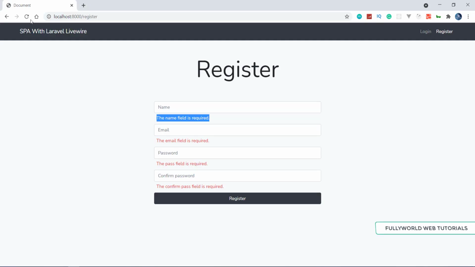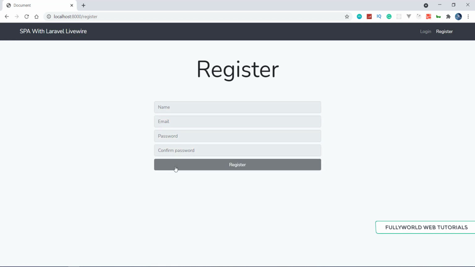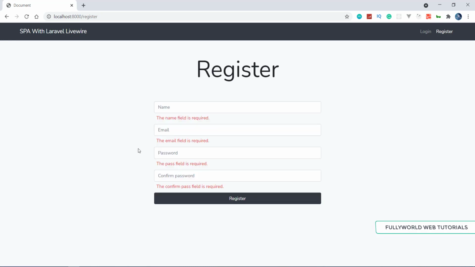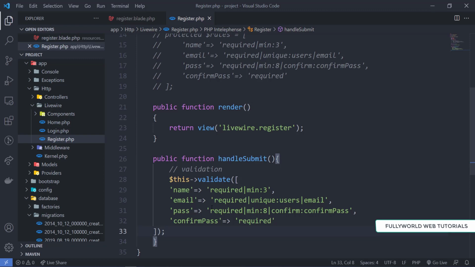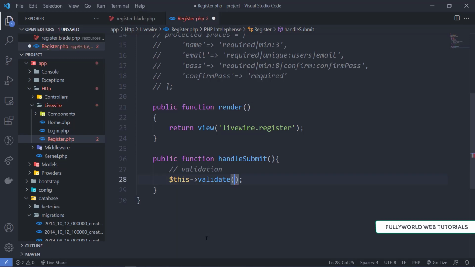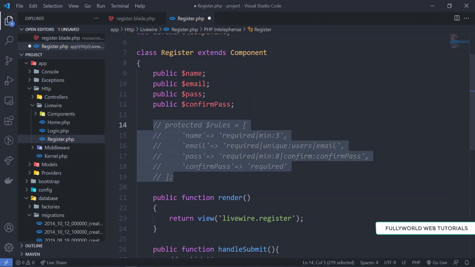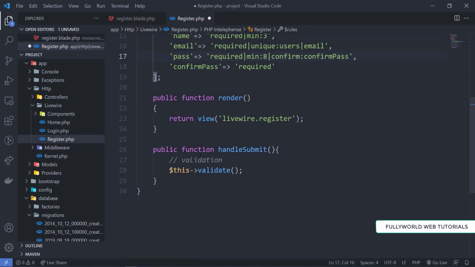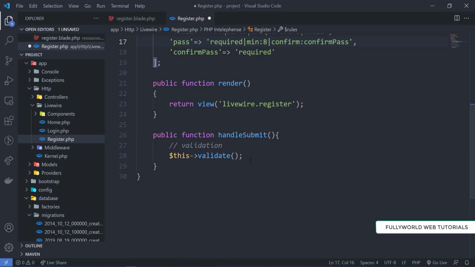When I refresh this and try to click on register, we get the same thing. So this means that it is validating properly. Now just uncomment it. Our validation is working perfectly.